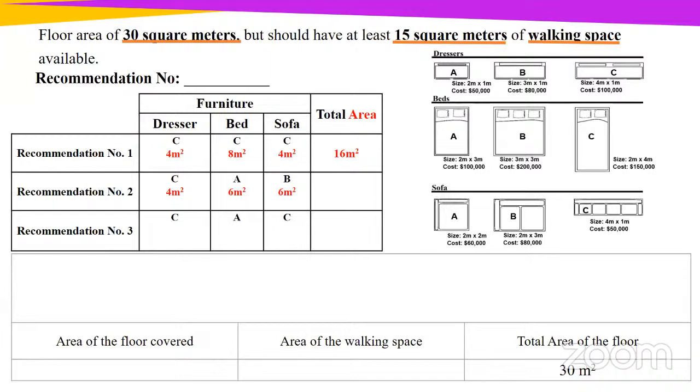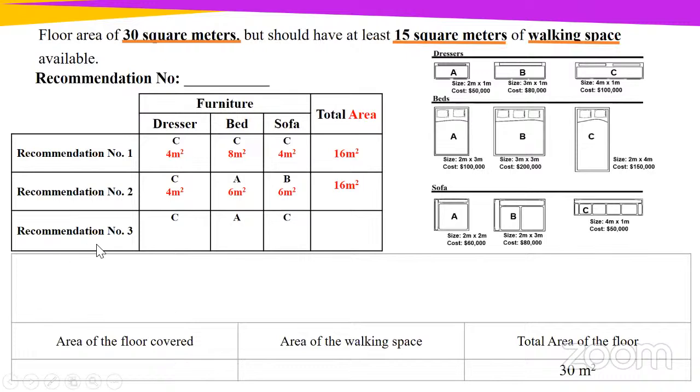Okay, in the chat, I'm seeing 12 square meters. I'm seeing 16. I'm seeing 14, but I think 16 is dominant. Good job, boys and girls. And so sometimes we are in a little bit of haste and we might just do something wrong. So it's always good to double check your answers so we can all be on the same page. All right, boys and girls, good job. Let's continue to complete our table.